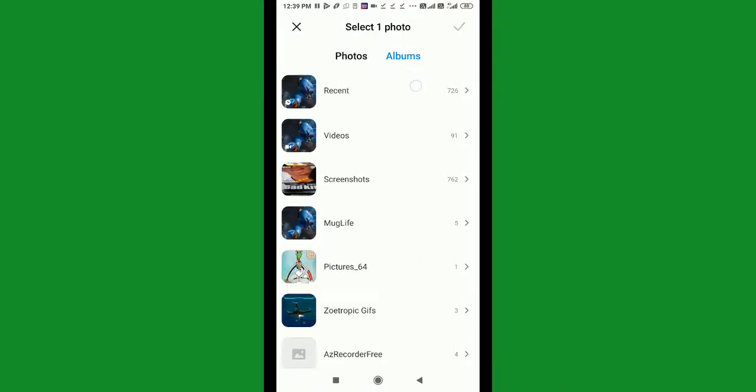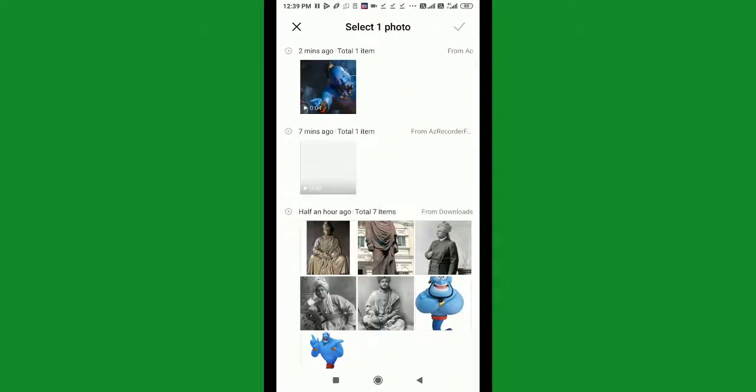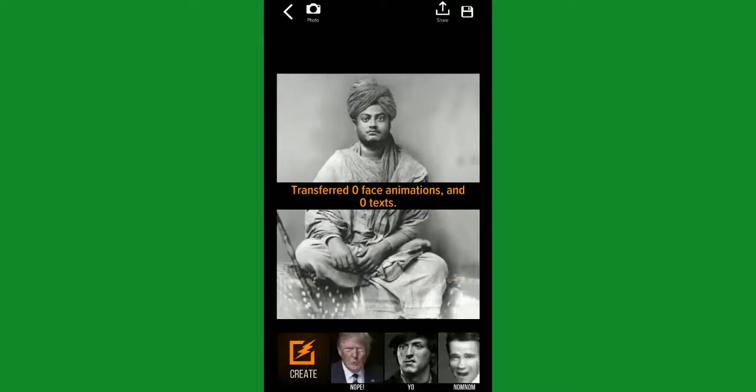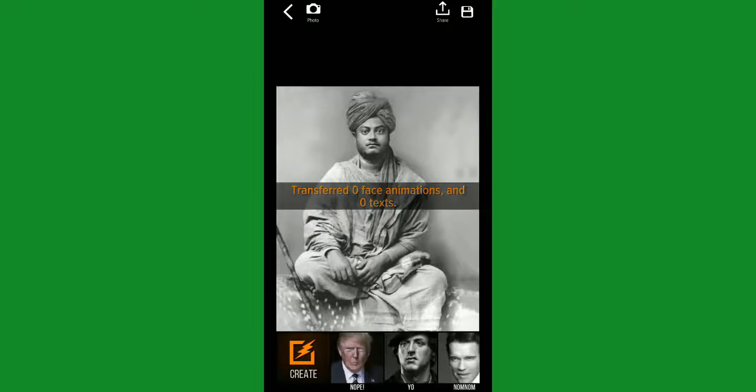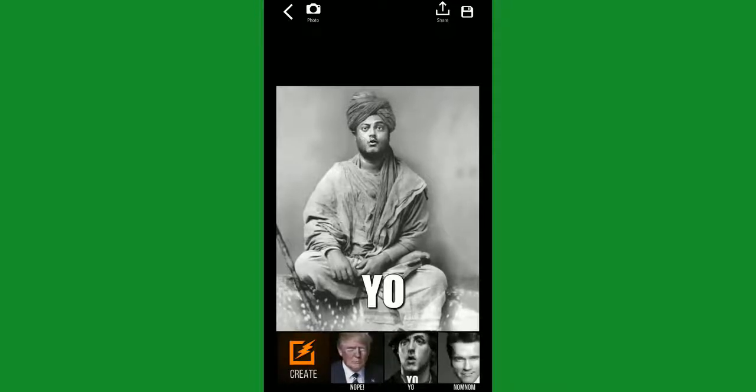In the paid version that one also works, but in the free version we are not able to do this. So this is a normal pic. It seems the effect is added here. You can see it here.